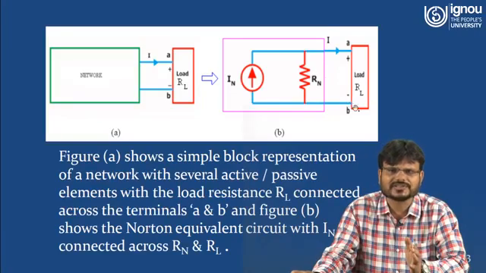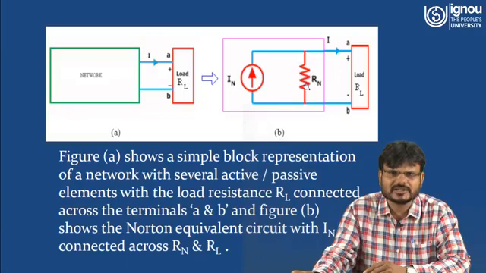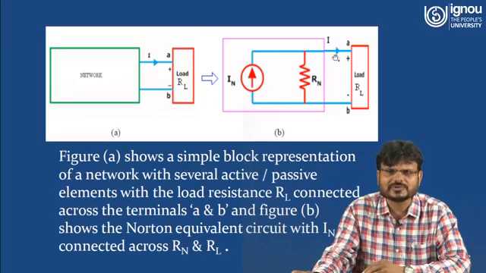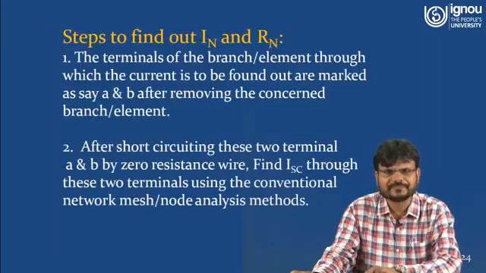And this one is the load resistance. Suppose you have to find the value of the load current IL. So how can you calculate the current IL? The Norton current IN will be divided in two paths, the current flowing through the resistance RN and the current flowing through RL. So IL is equal to IN multiplied by the resistance of the opposite branch, that is RN, upon the summation of the resistances of these two branches. One branch is this one, another branch is this one. So IL is equal to IN times RN upon RN plus RL.